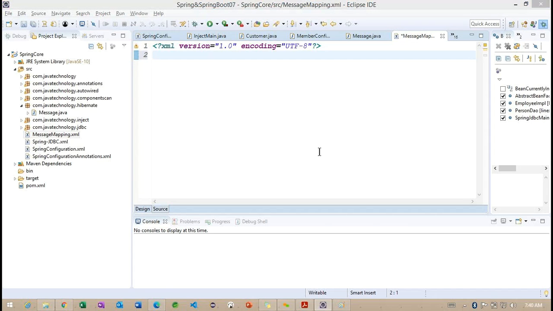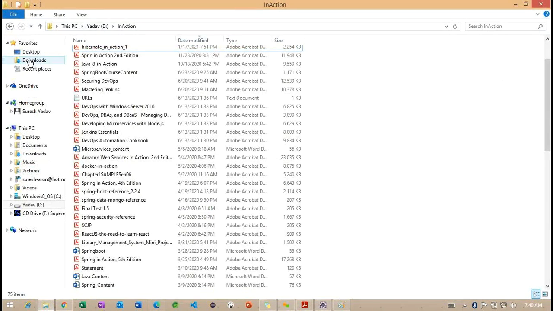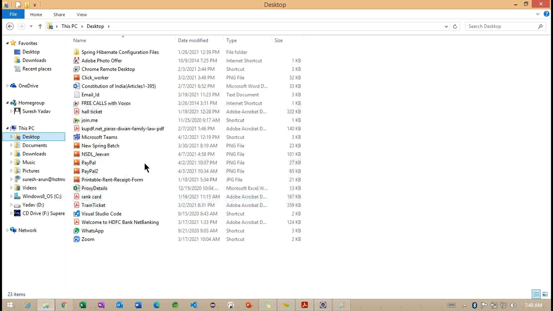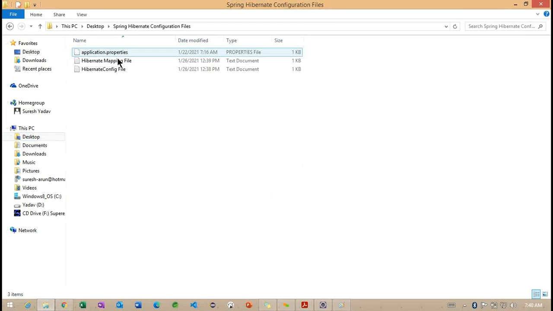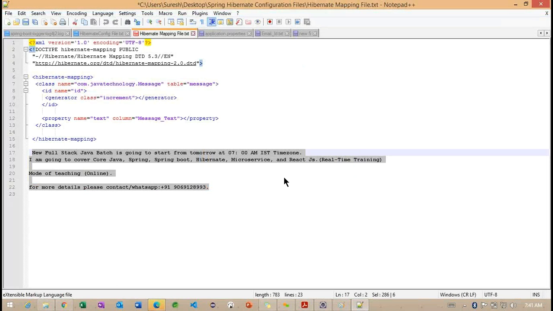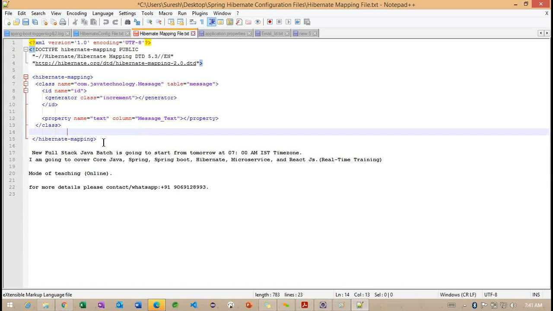I want to go for Google help. Otherwise, let me check inside the Hibernate configuration. Okay. Here I'm trying to have this particular mapping information.